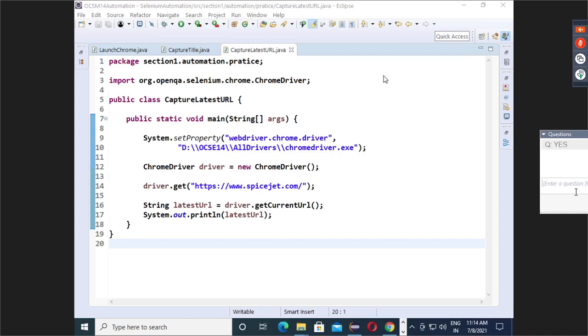Ravi, what you will do, Ravi? Think a little bit practically. In future, we will see the automation, like how we will search the product, how we will go from one page to another page. We will learn everything. At that time, whenever we are going from one page to another page, our URL is changing. So if you are anywhere and you want the current URL, then at that time you can use this method. Now it is clear. Maybe chances are, Ravi, you joined late. I already explained this.